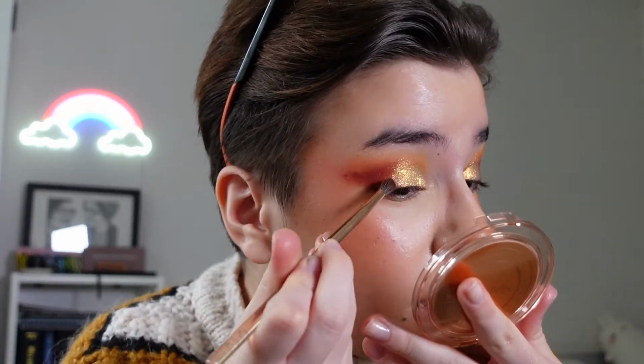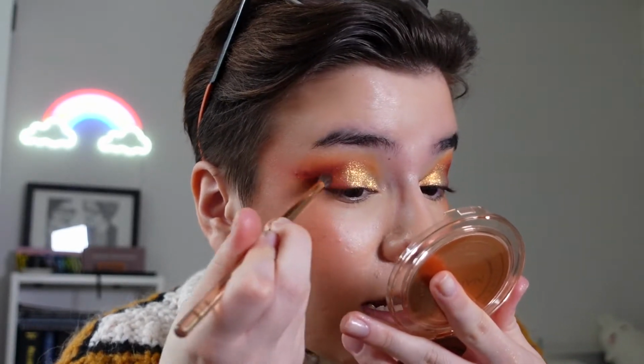I will spray my brush real quick. This is just water, and let's just see how that applies. If I didn't already love Glaminatrix, I am now married to them. I'm marrying your brand. Just going in a bit with Budgie Smugglers again, just to blend the lid and the crease together a little bit, but that is...